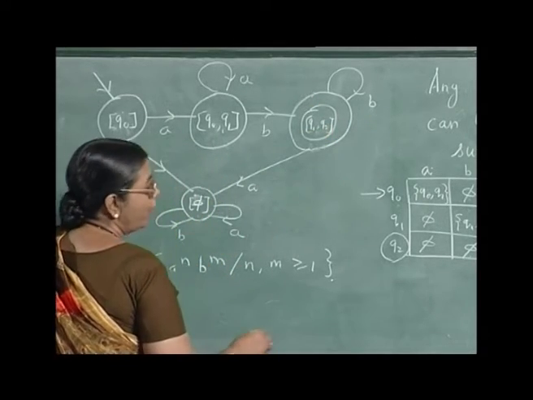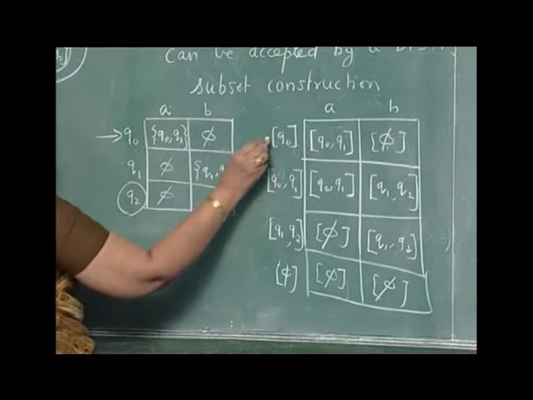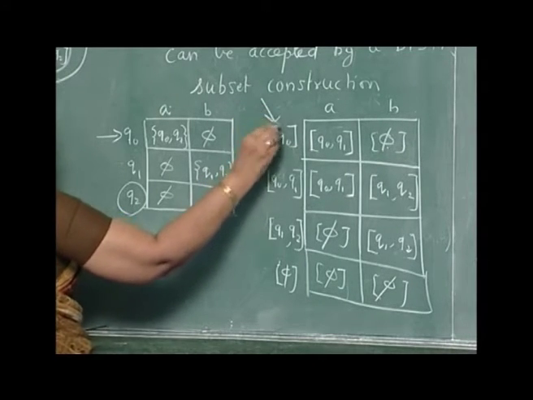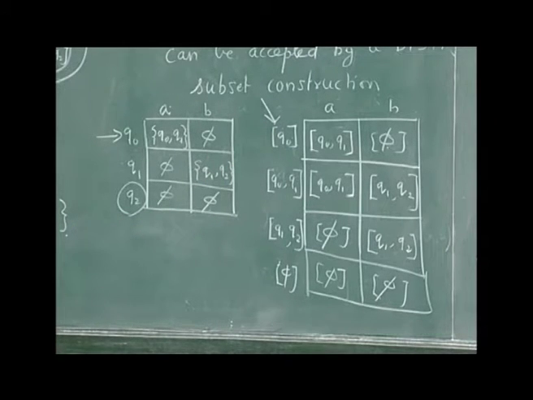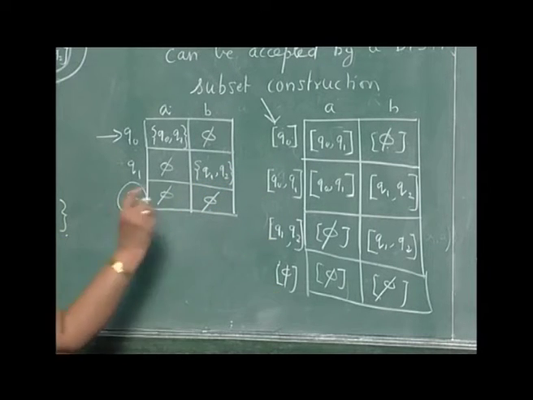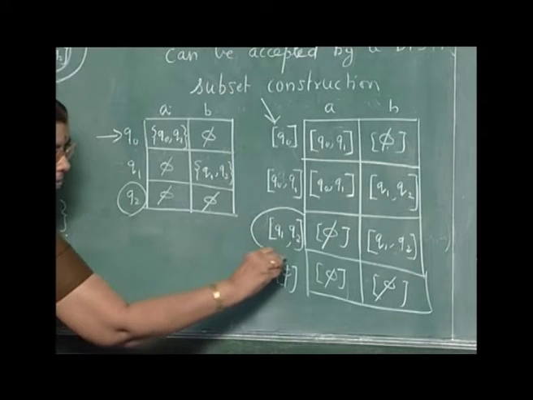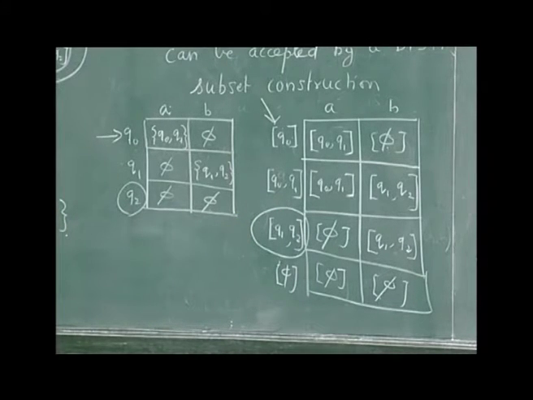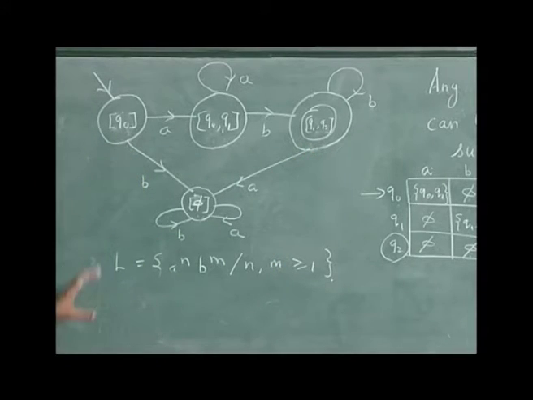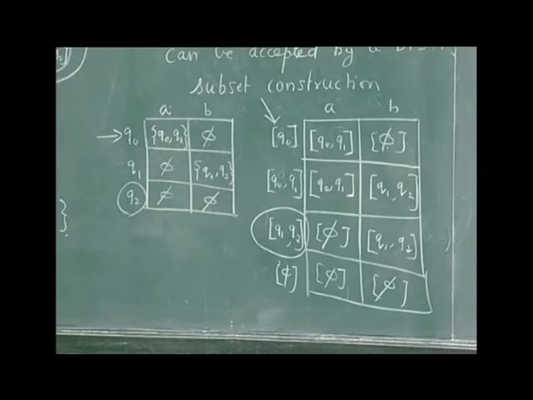and so on. Now, how do you designate the final state and the initial state? The set containing Q naught alone is taken as the initial state, and in this table Q2 is a final state. So, any subset containing Q2 will be a final state. So, this subset contains Q2, so that is a final state. So, this will become a final state. So, you see that you have the same diagram. I have only relabeled the states and you are getting the deterministic automaton for this automaton. This is to illustrate with an example.